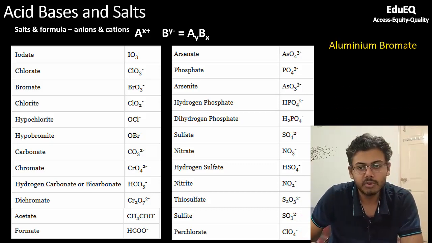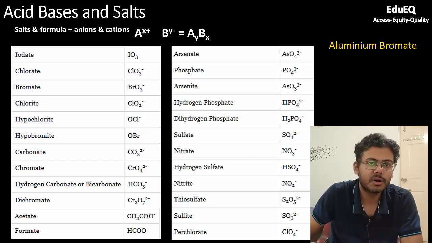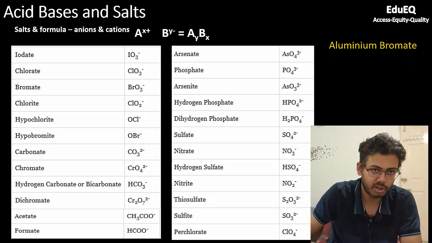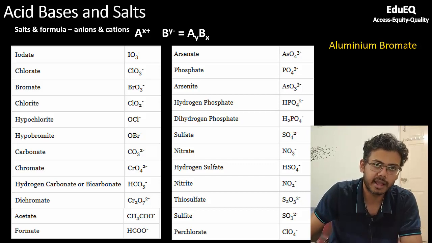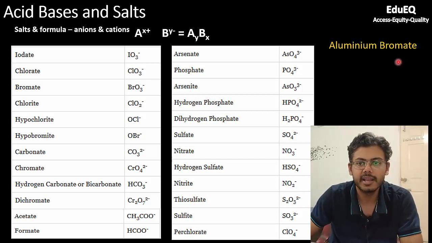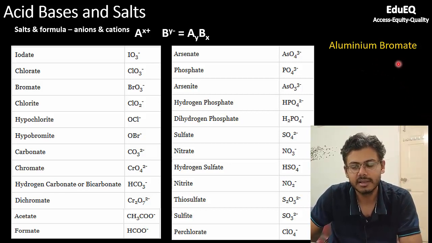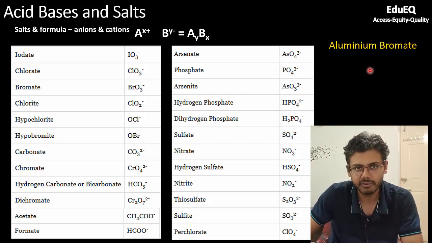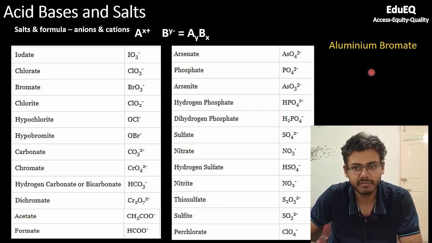Now let us come to writing some examples. You have seen all the oxidation states right now for cations and also for most common anions. I would request you to try and write the formula of these salts. Try it first by yourself, and then afterwards I'll definitely tell you the answer.